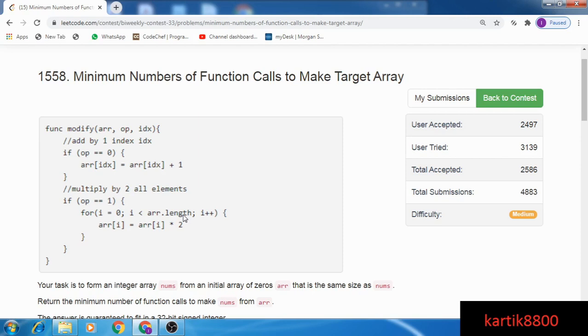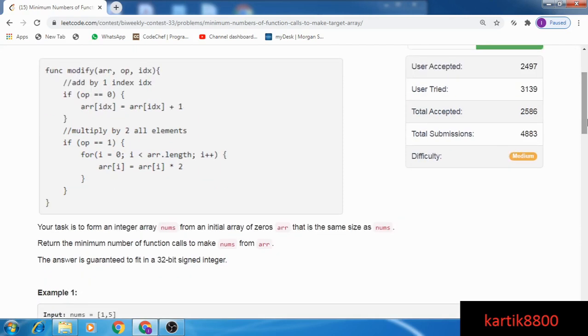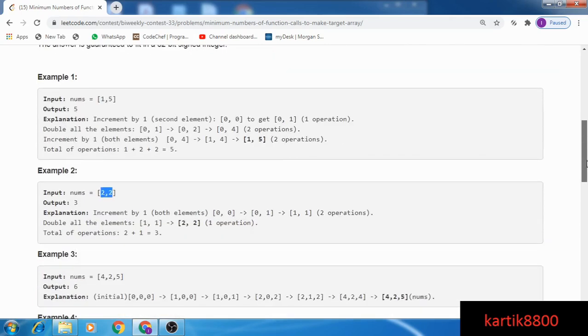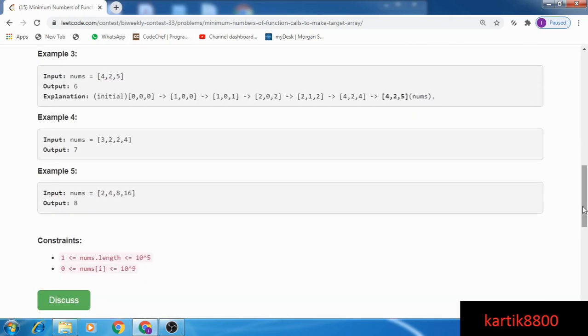The idea that comes to my mind is, the more divide operations I do, the better it is, because the more divides you do, the faster you reach 0 comma 0. That's what I think. And if all elements are not divisible by 2, then of course you first have to subtract 1 from the elements which are not currently divisible by 2. So let's try it out.